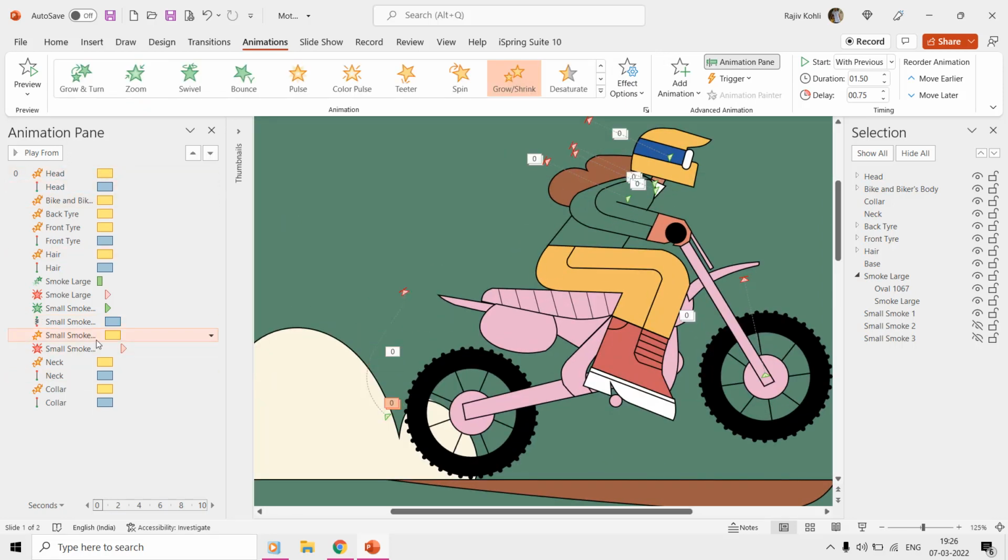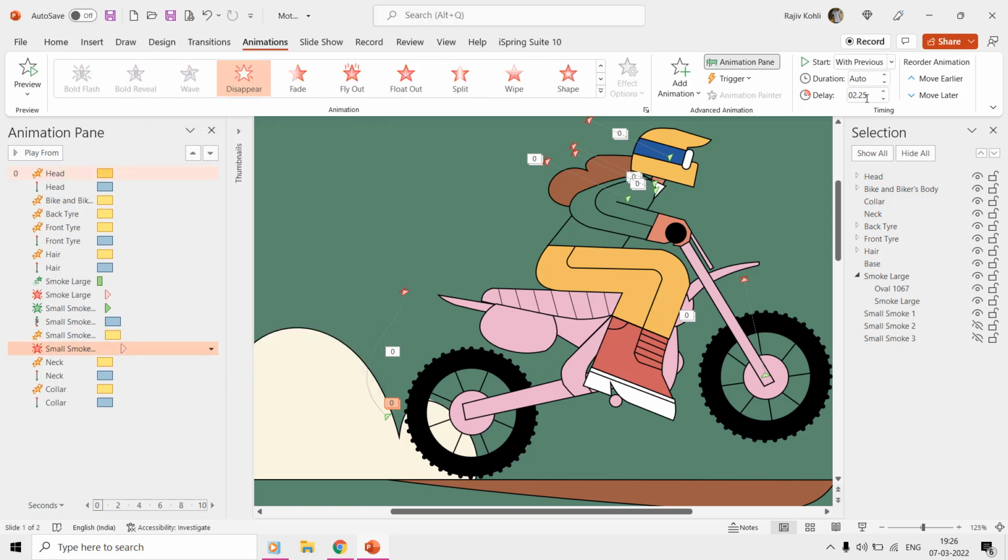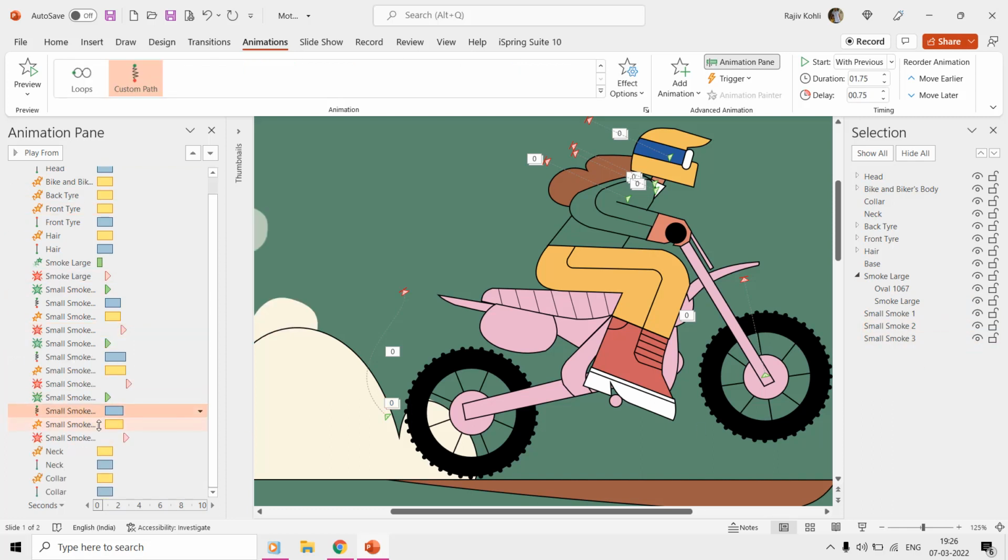We want the smoke to shrink while moving along the motion path, so we applied the grow shrink effect with 50% shrink ratio, and then we made it disappear at 2.25 seconds. The same effects have been applied to the other small smoke layers with a difference in duration and delay timings.